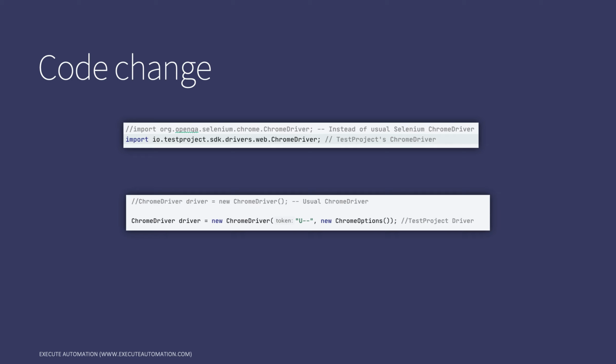So this is where we need to specify the token within the Chrome drivers, and that's it. If we do this, then all the code is going to work pretty much like how you do with your existing code, but you are actually running on the TestProject's platform or the TestProject agent, and then you will see all the reports that you have executed on the TestProject platform itself, including the automatic reporting and screenshot, which is